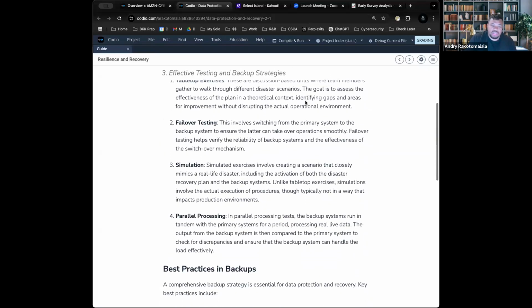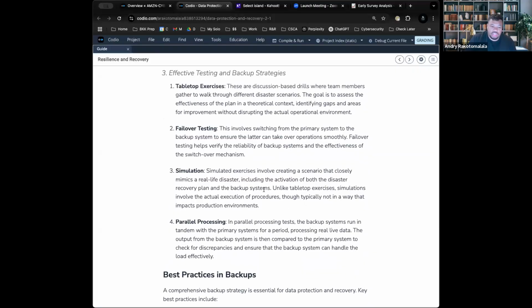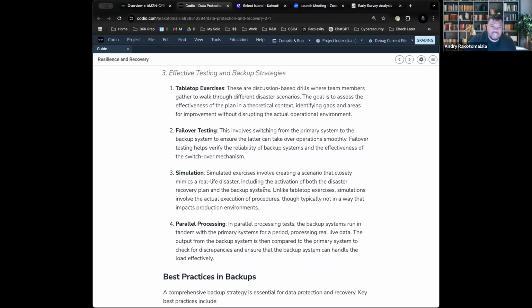Now, the tabletop exercise is very similar to the simulation because you're both presenting a scenario and then you have the people react to the scenario or tell them what they do. Both functions here of the tabletop exercise and the simulation are meant to run through the exercise and find any gaps that could be improved. The big difference here is that in the tabletop exercise, you're just talking. You say, okay, I call this team, we open this Slack channel, and then we take these steps. It's just the talking process. An actual simulation would be where you actually take the steps to move the system to the backup, or you do it